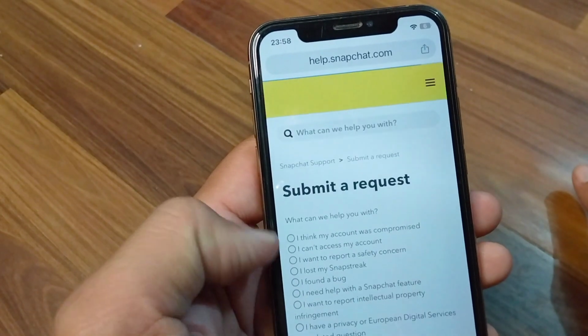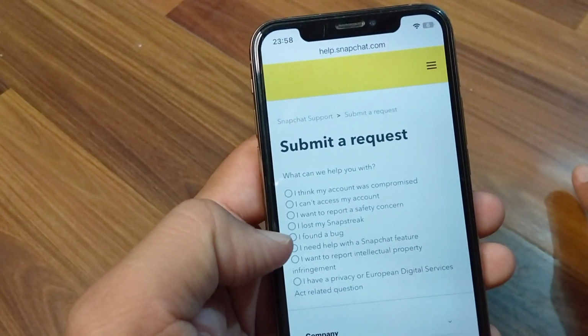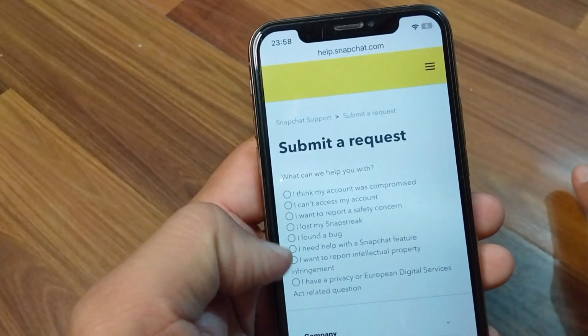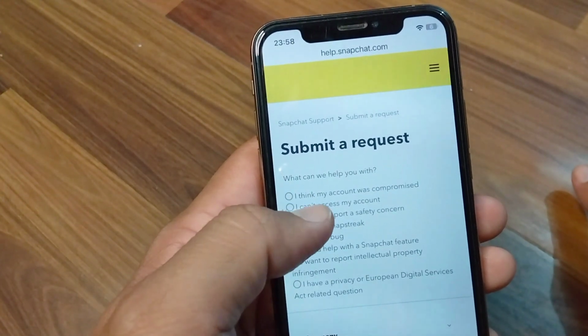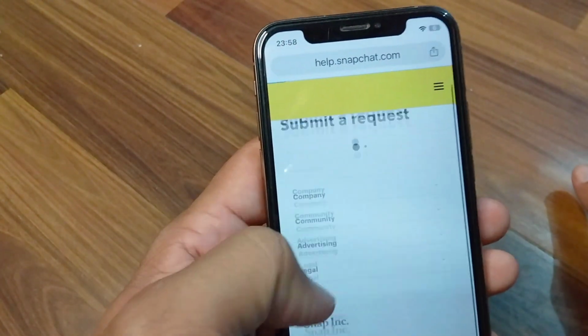From here you have to select the reason. You can click on "I think my account was compromised",